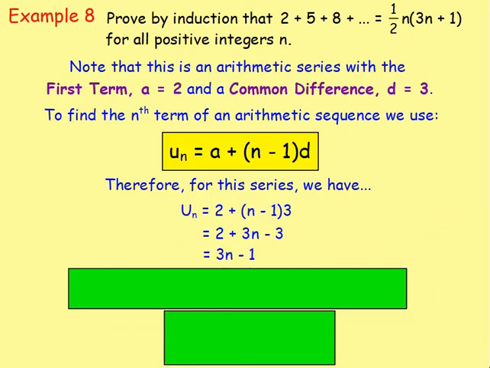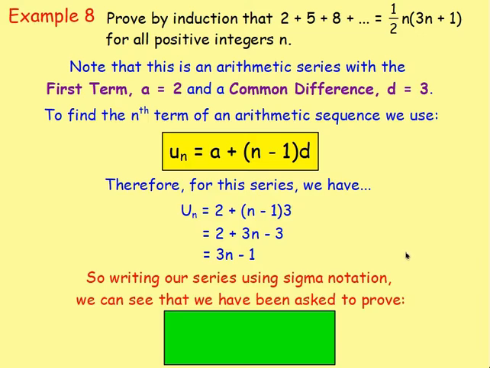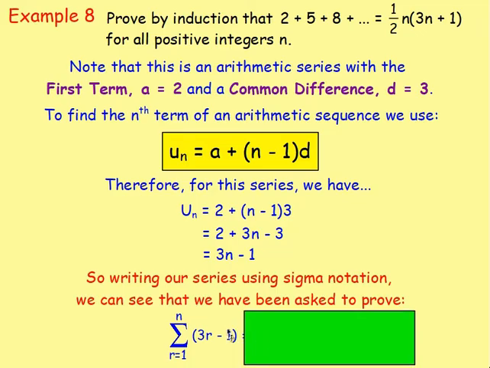So you've got a 3n take away 1. So that is going to be the formula for really your general term of that series. However, what we want to do is write that using sigma. So we can now say that what we really have is the sum, going from r equals 1 all the way up to n, of that series there, the 3n take away 1. However, we're going to replace n with r. So we have the sum of 3r take away 1 going from r equals 1 all the way up to